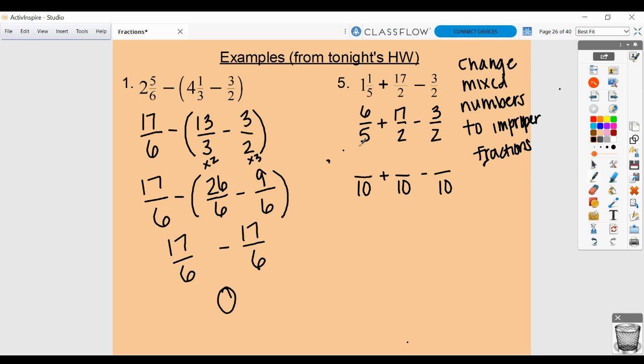So 5 to 10, you multiply by 2. So 6 times 2 is 12. 2 to 10, you multiply by 5. So 17 times 5 is 85. And then again, you multiply by 5, so 3 times 5 is 15. Okay, so since there are no parentheses, you can just work left to right. So 12 plus 85 minus 15